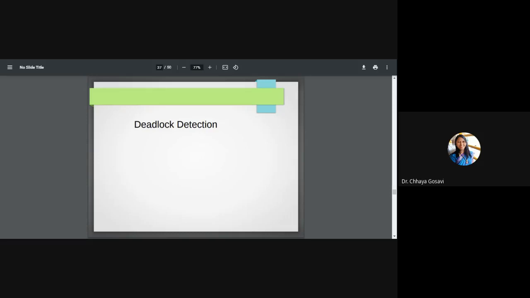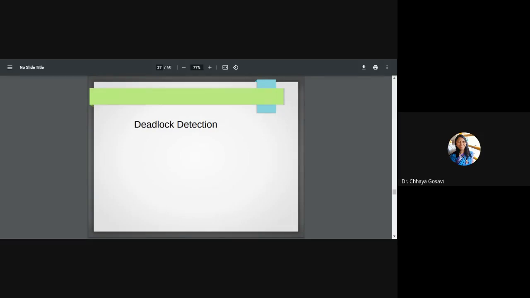Then second is deadlock avoidance. We have seen Banker's algorithm and resource request grant algorithm. These two algorithms help us to avoid the deadlock. Here we assume that the resource is allocated, then we check whether the system will be in a safe state. If yes, then only allocate that request permanently. Otherwise, roll back and get the resources again. So unless and until the system is in a safe state, resources are not allocated.